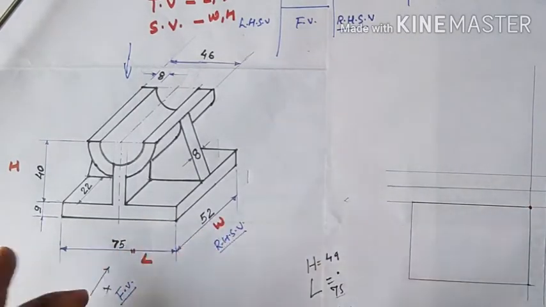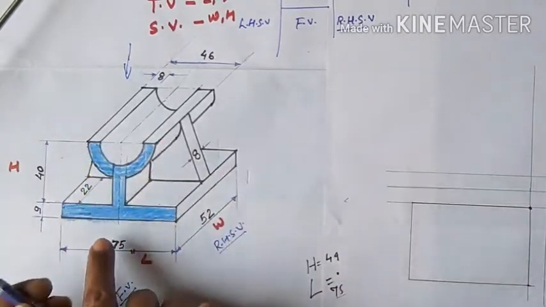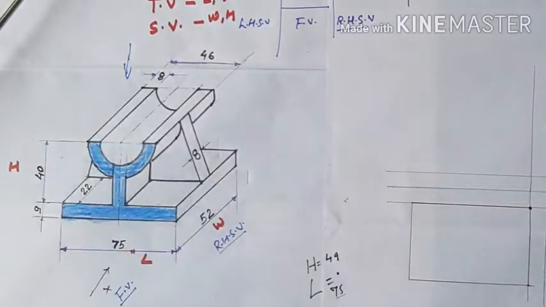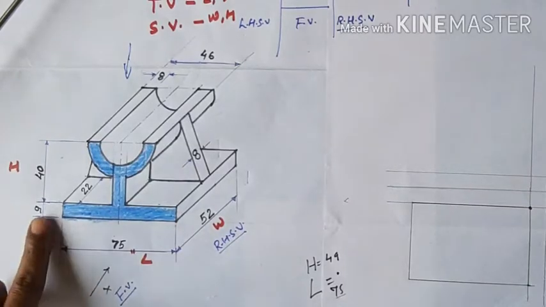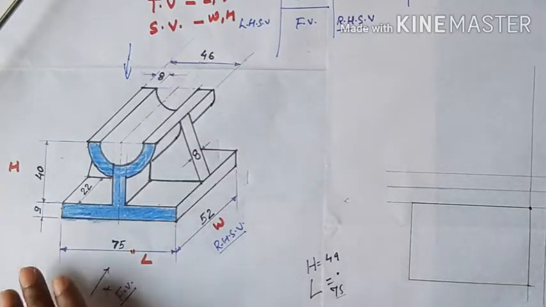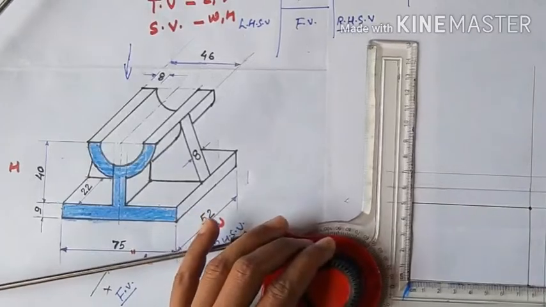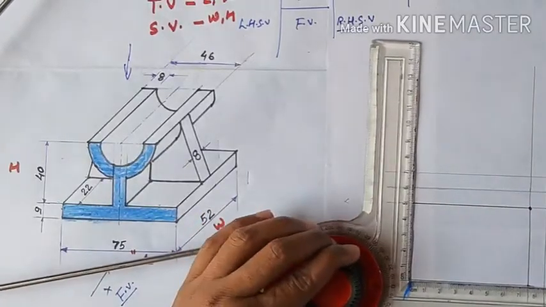Now starting here, what we see, this object, one second, I show you a clear diagram. What we see from the front, this color shows this, we use this pencil for showing the front view. So this type of shape is shown from the front view. Right now we have to go for the construction. Here you clearly see this is 9, and this is a complete box of 9 into 75. So firstly we need to draw this. So here we start the construction of the front view.